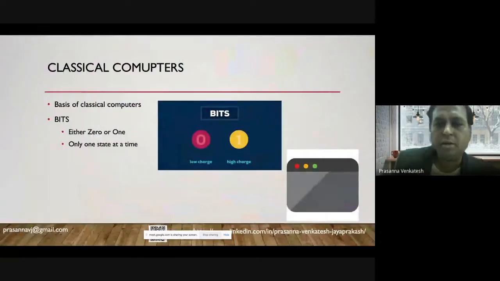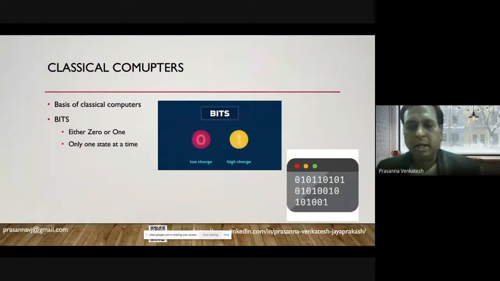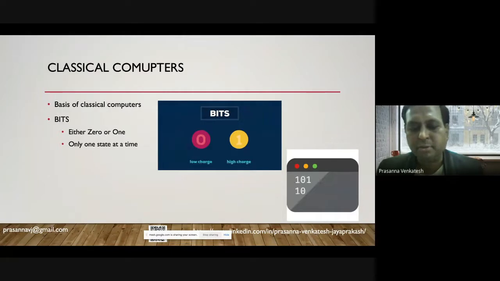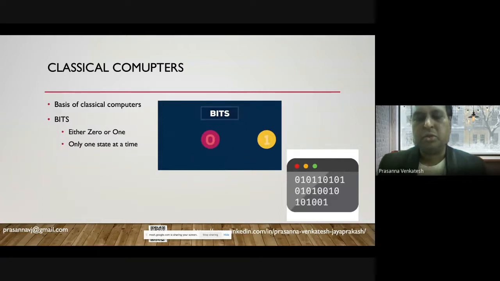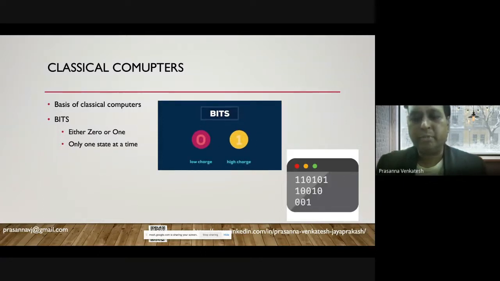We all are aware, and I'm sure all of us have some background in terms of what bits are. Typical classical computers that we use all work with the basic premise of bits. The basic premise of bits comes down to a very simple construct called zeros and ones.